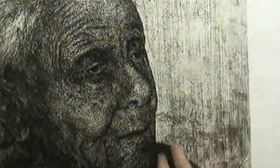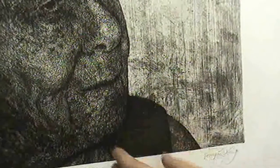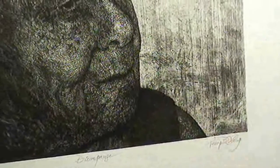So, for example, you can see that even if you make a deep line, but if you don't use, for example, mezzotint or direct technique, or for example, drypoint, the black never can be so deep like velvet, like this kind of technique. And it is the same person. She's my grandmother's sister,